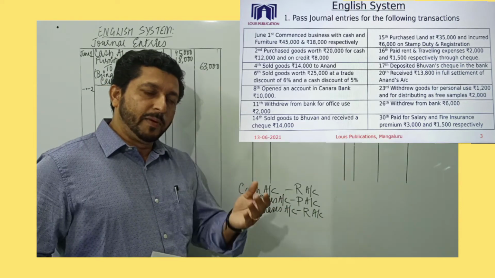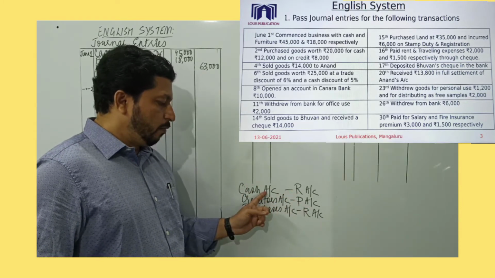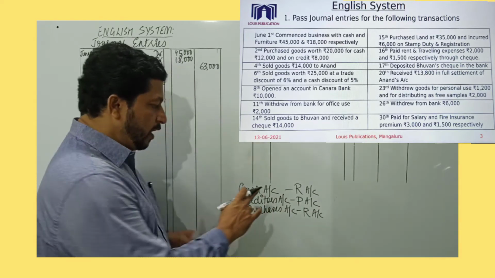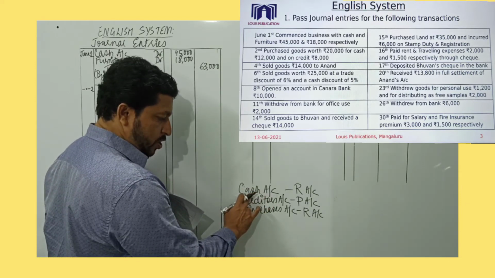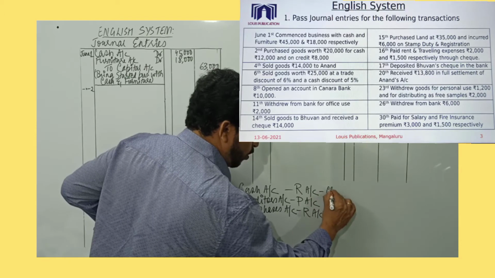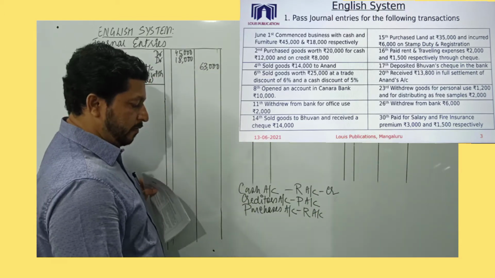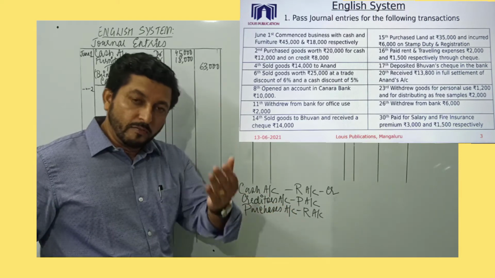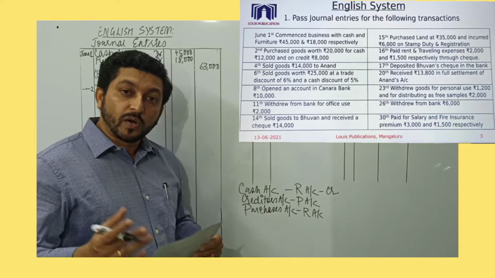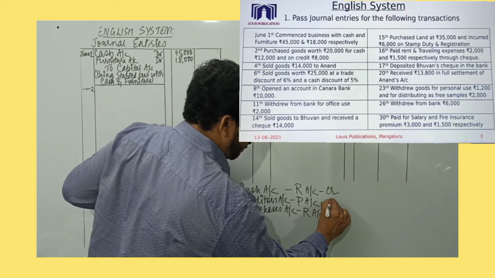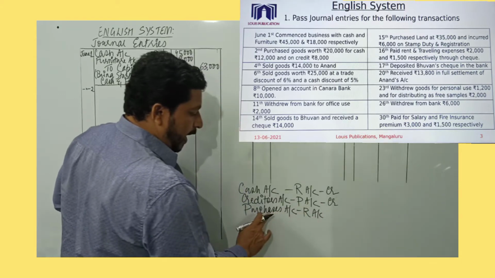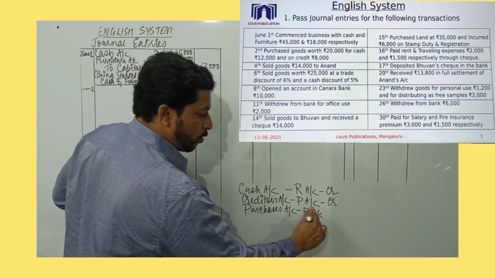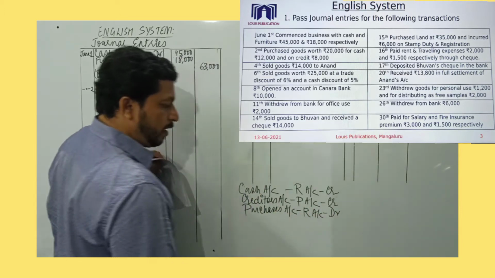Fourth step, let's apply the debit and credit rules of the respective classes and see whether these accounts are to be debited or credited. We are purchasing goods. When we are purchasing goods, cash is going out. So credit what goes out. So the cash account will be credited. Creditors are a personal account, the receiver and the giver. We are purchasing from creditors, so creditors are the giver. So credit the giver of benefit in case of personal account. And when we are purchasing goods, real account, goods are coming in, debit what comes in, the real account rule. So the purchases account will be debited.